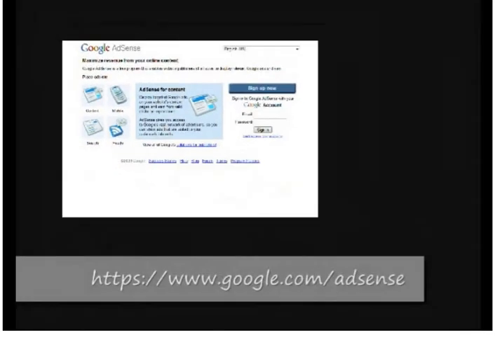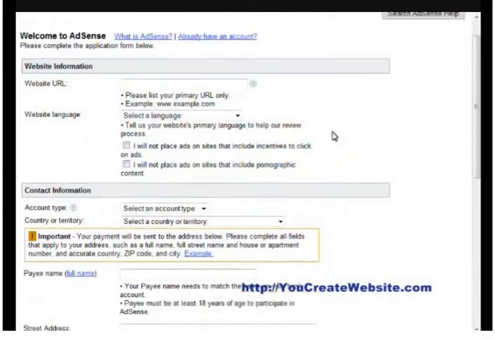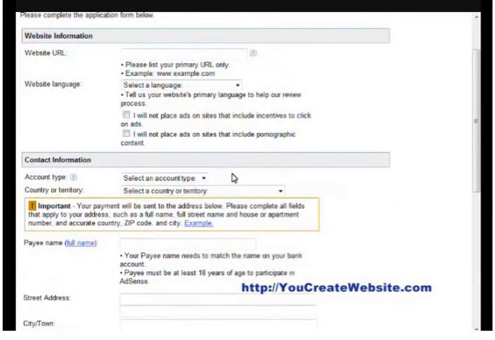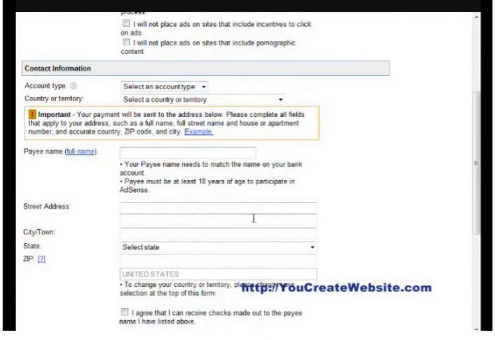So to use Google AdSense, you're going to have to sign up for it. So go to https://www.google.com/AdSense. You're going to be taken to this web page. Once here, go to sign up now. Then you'll be taken to this web page. You're going to have to enter your website's URL, your language, agree to a few things, what kind of account this is, whether you're an individual or a business, your country or territory, your name and address,